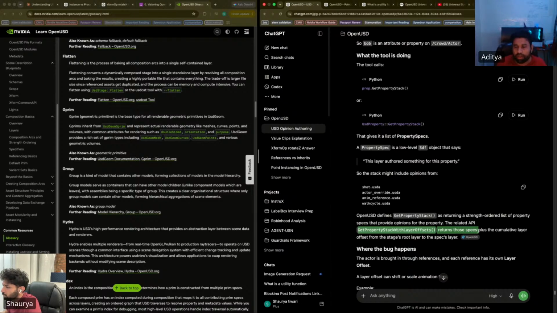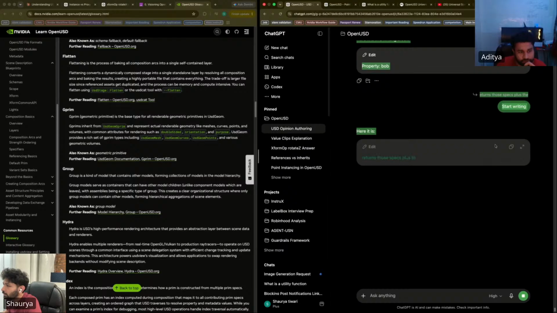No, layer offset. It's talking about the layer offsets. Returns those specs plus... So the specs over here mean the specs that provide opinions for the property, the property spec. Okay, plus the cumulative...